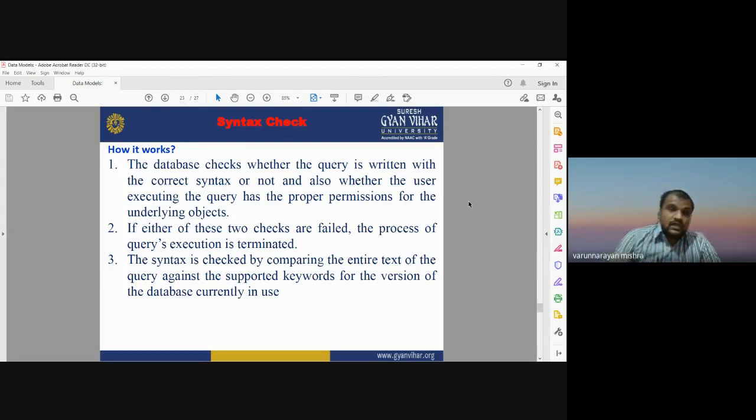So before running any query on the database, make sure that you have the proper permission, the access, and the authority to access that database. The syntax is checked by comparing the entire text of the query against the supported keywords for the version of the database currently in use. If you have written keywords which are not in the database, the query will not work.